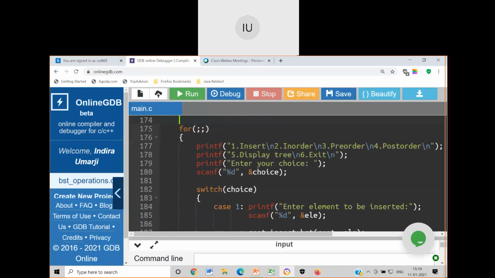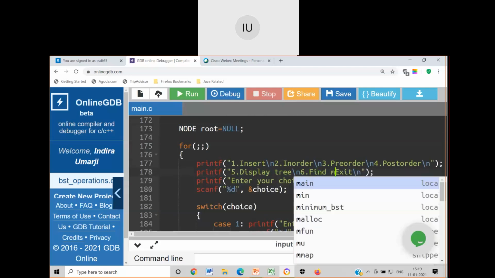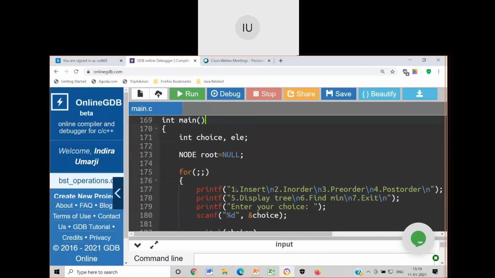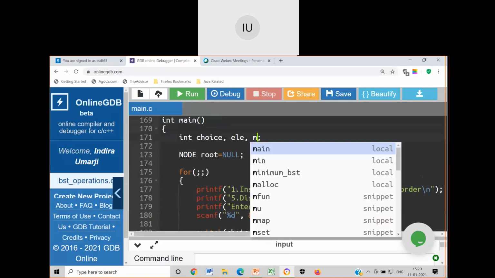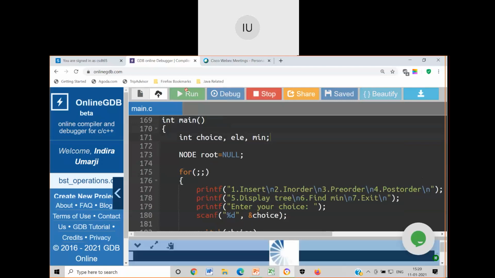Then min has to be declared. 6 is find min and 7 is exit. Minimum has to be declared, so let me write comma min. I'll save this and let me run this.